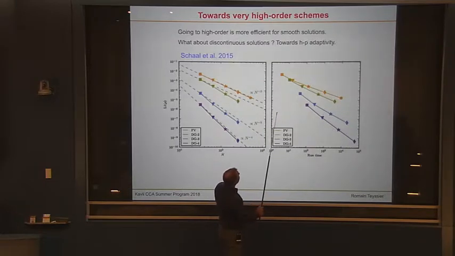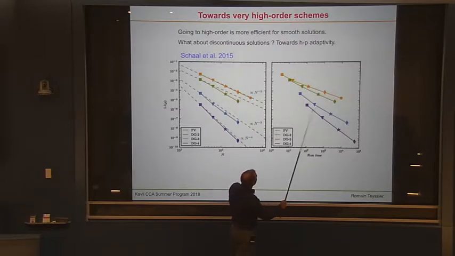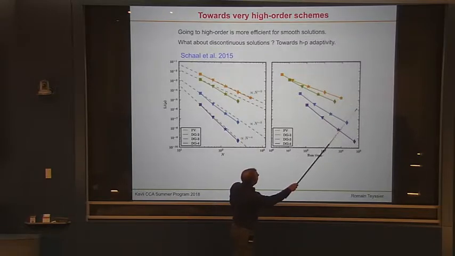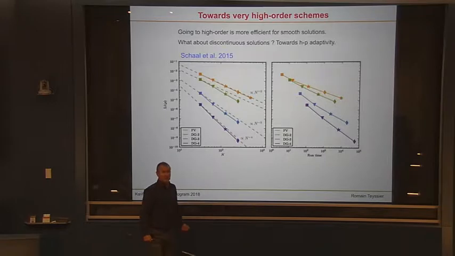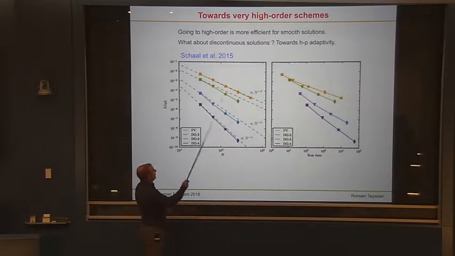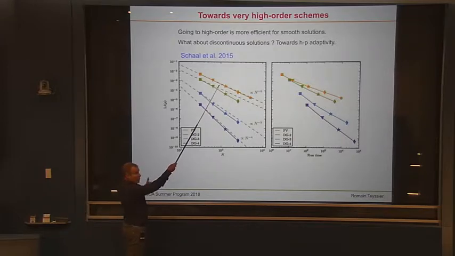let's not use 10 to minus 5 because there is no violet point. Let's use 10 to minus 6, for example. You see that for a given error, the highest order is the fastest, right? Because the second order is per time step per element much faster, but since the error you're getting is much larger, it's not so efficient.